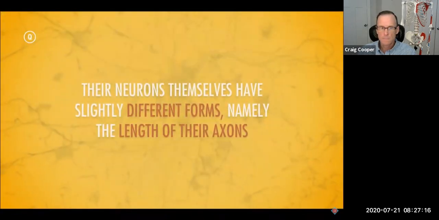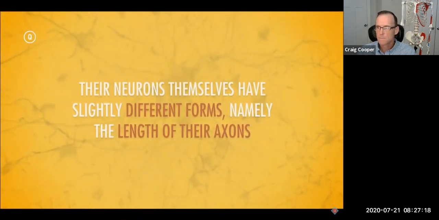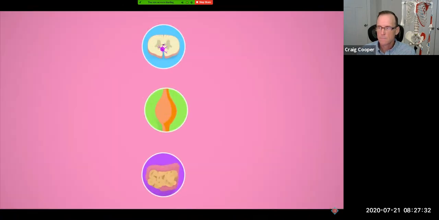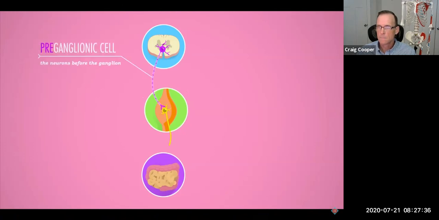Anyway, because the ganglia of these two divisions appear in different places in your body, it also makes sense that their neurons themselves have slightly different forms, namely the length of their axons. Now, ganglia can be kind of complex. The word actually comes from the Greek word for a knot in a string, so when dealing with neurons around these structures, we look at the fibers before they run into the ganglion as well as after they come out of it. Understandably enough, the axons of the neurons before the ganglion are called the preganglionic fibers,